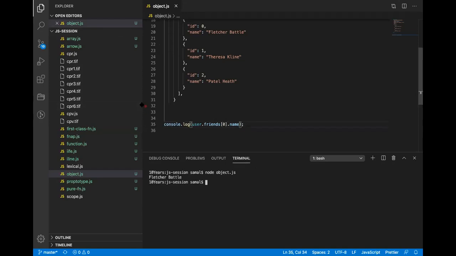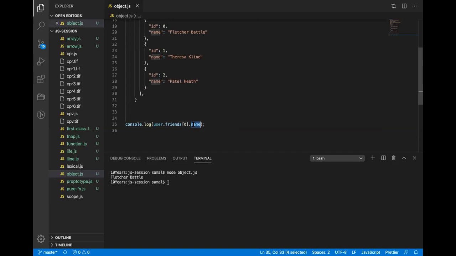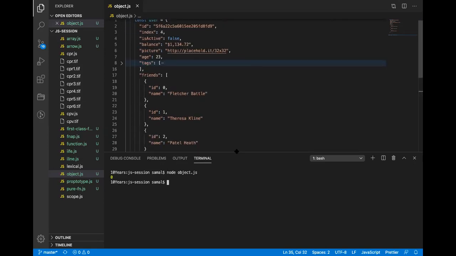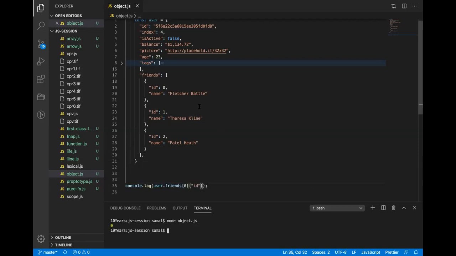It printed the name. Either this way or I can use square bracket notation. Same way I can do ID also, and it prints the ID. So this is very straightforward how we read an array or object, right?